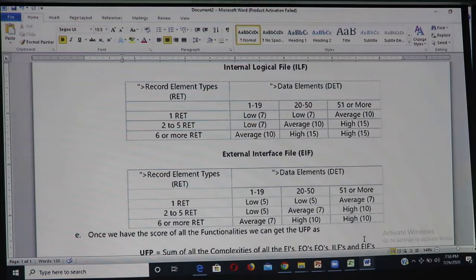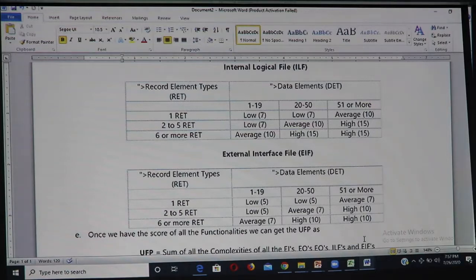So there are three rows again, similar to what we saw previously where there were FTRs: less than 2, 2, and greater than 2. Similarly here we have record element types, which are nothing but logical subgroups within ILF.